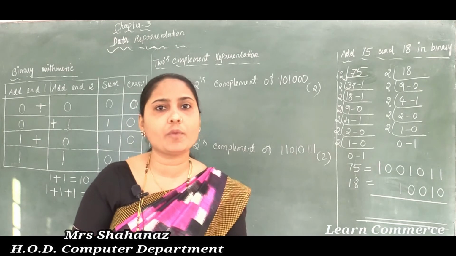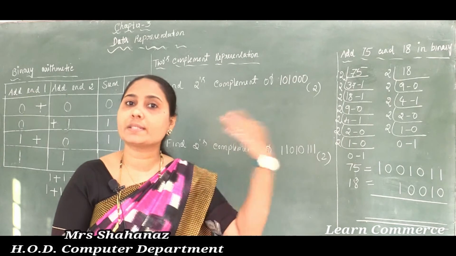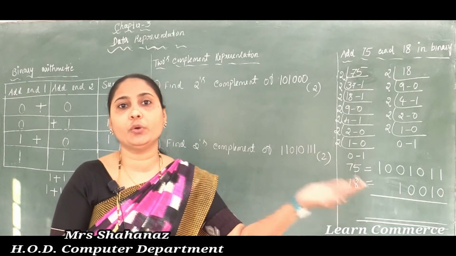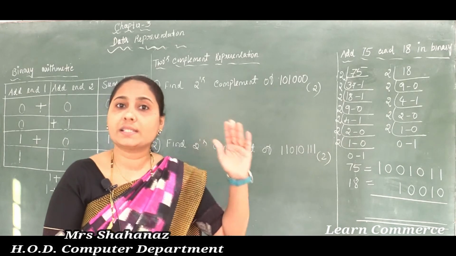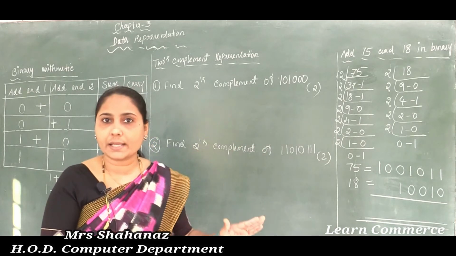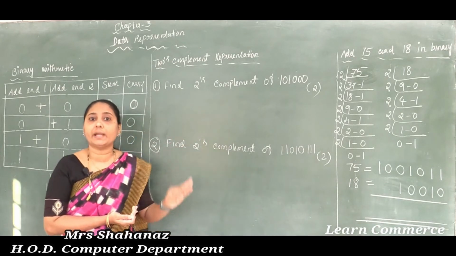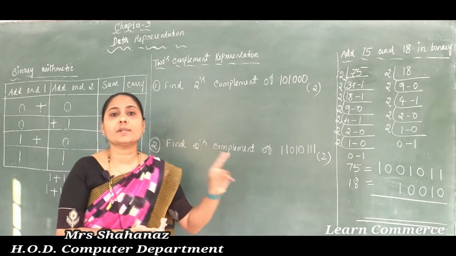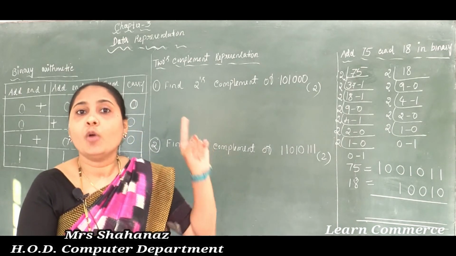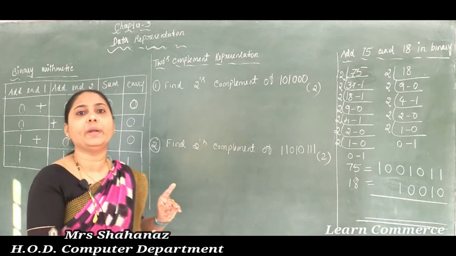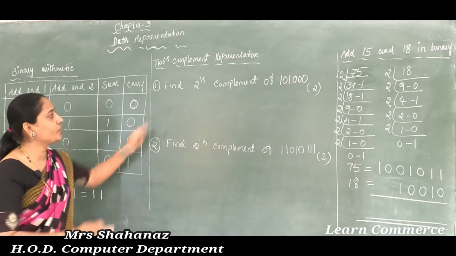So what do you mean by the 1's complement of a binary number? That means if the value is 0, we need to change it to 1. If the value is 1, we need to change it to 0. Correct? So we can say that the 2's complement representation is possible to complete just by taking the 1's complement of a binary number and later adding 1 to the least significant bit position. Now whatever I said in the explanation, I am going to write here.